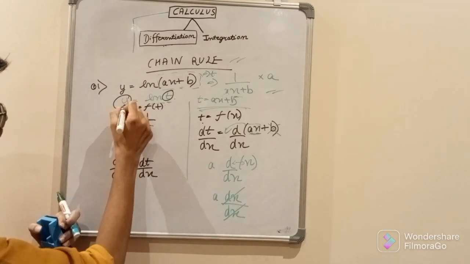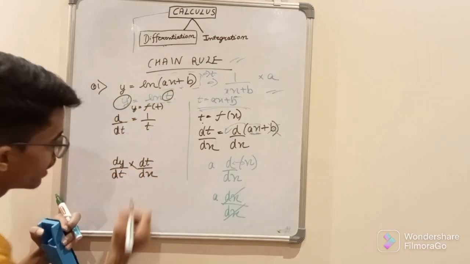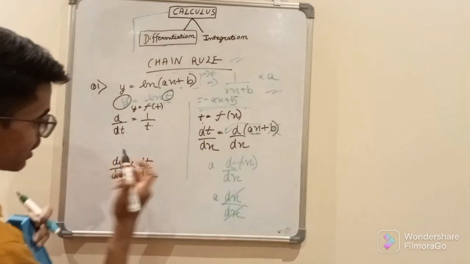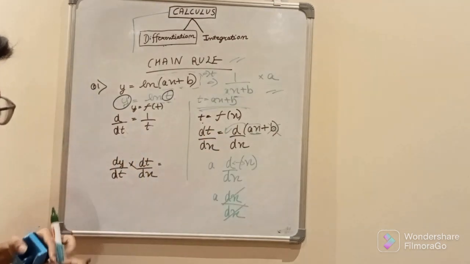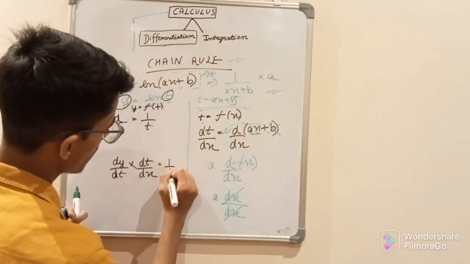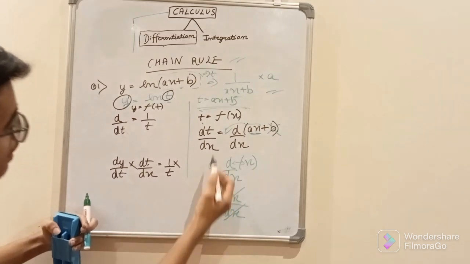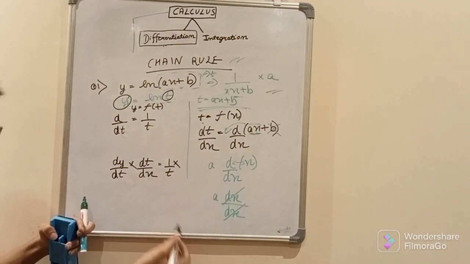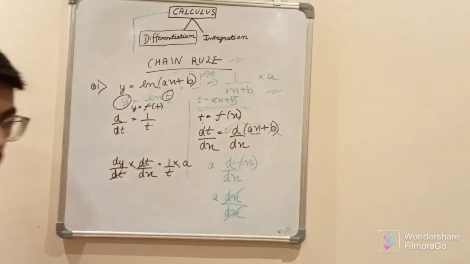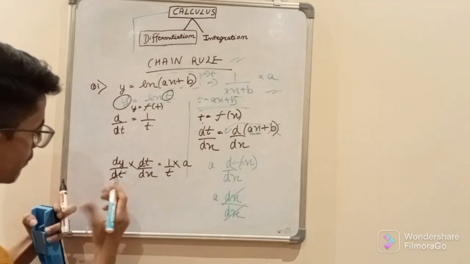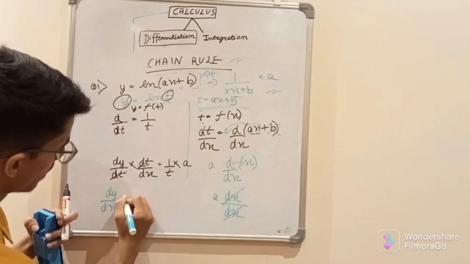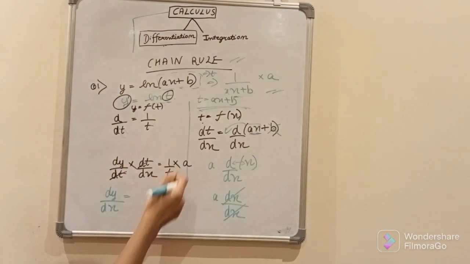So this is for the value of y, so dy upon dt, and this is dt upon dx, that is the value of dy upon dt is 1 upon t multiplied by the value of dt upon dx, that is a. This dt will cancel out each other, and our final answer is dy upon dx equal to 1 upon t